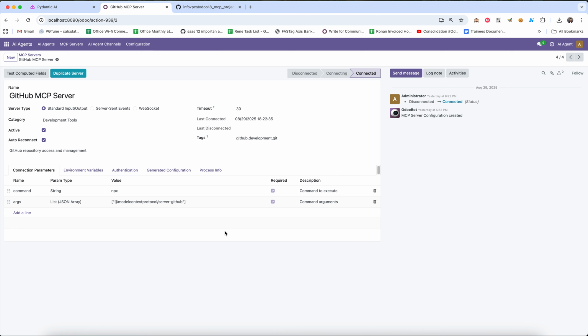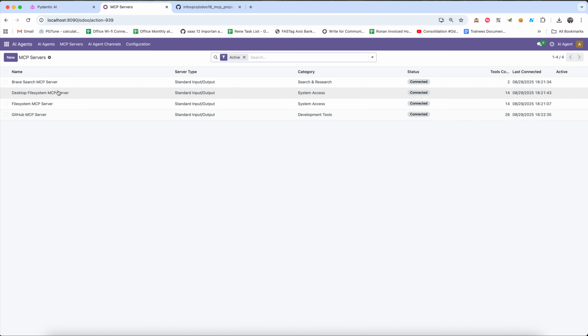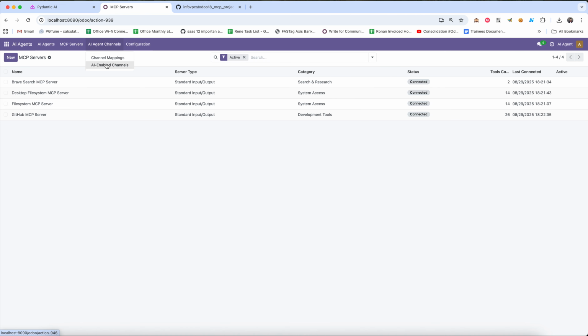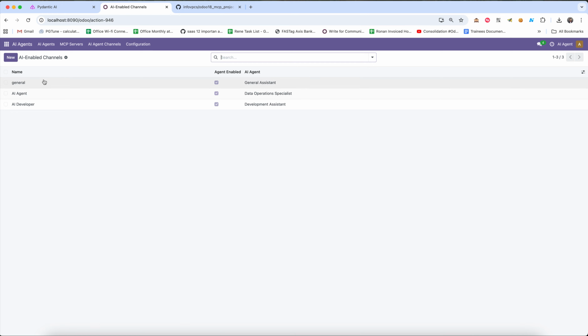I have added the GitHub MCP server also, but this GitHub MCP server requires complete access. I will definitely cover this in another video in detail, because I need to review it in more detail. But for the current link, the Brave search and file system MCP server tools are working so smoothly. There is no problem at all for OpenAI and Google Gemini, and the internal tool is obviously working well. So I have linked 3 channels